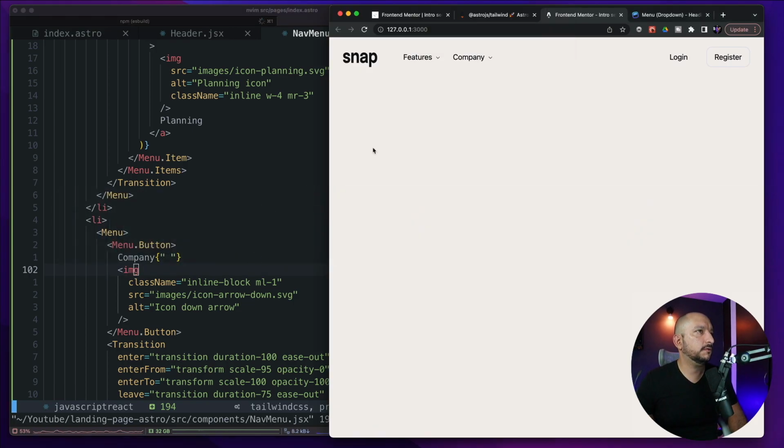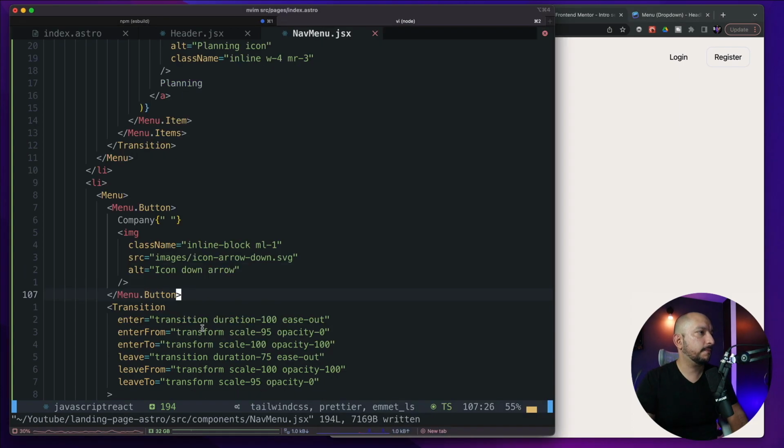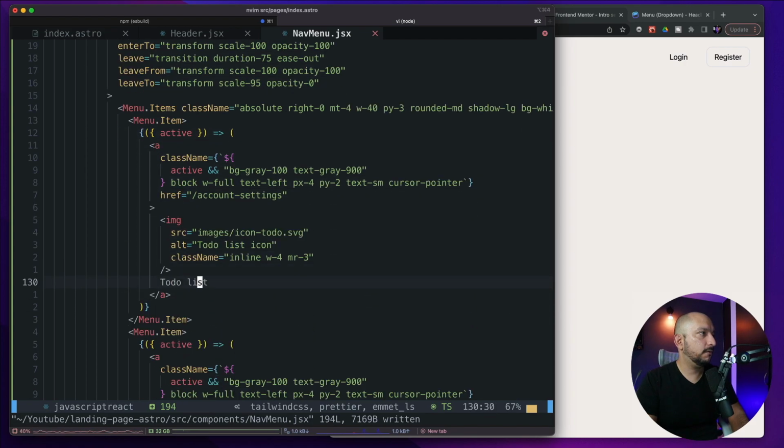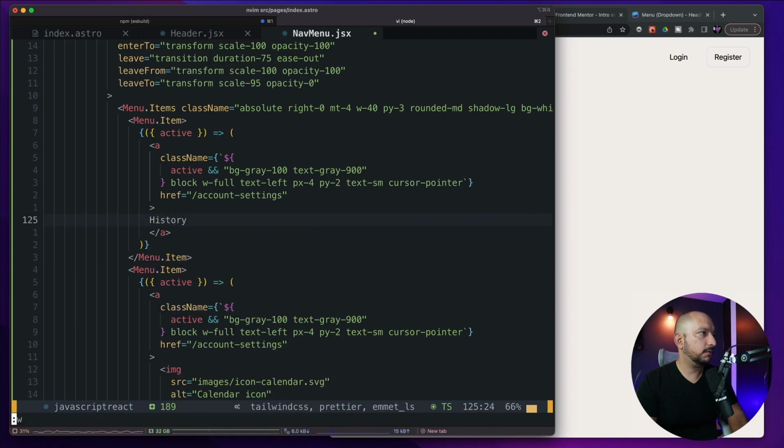So let me see. Okay, so now we have company, and here we have some different items. We have history, and we can remove the icon. We don't need the icon in this one,